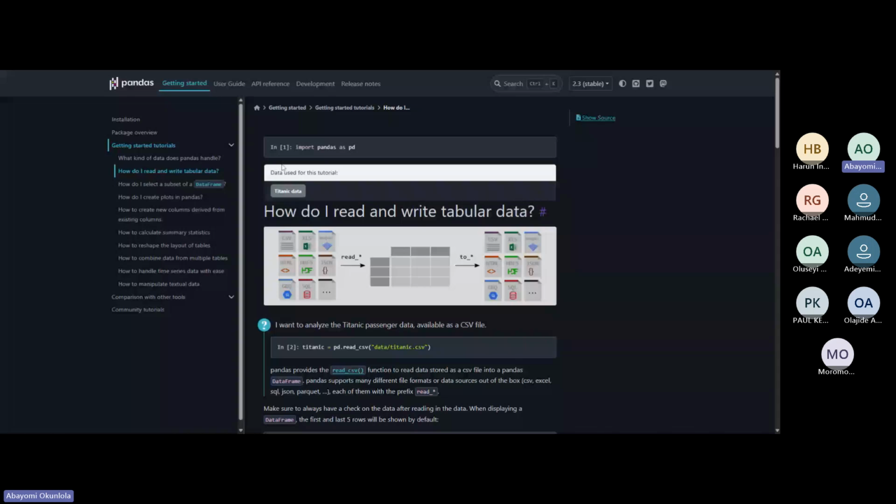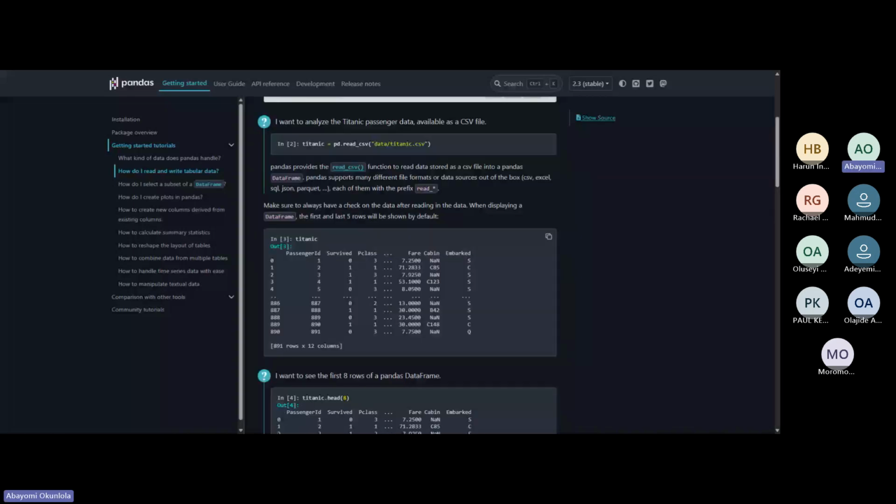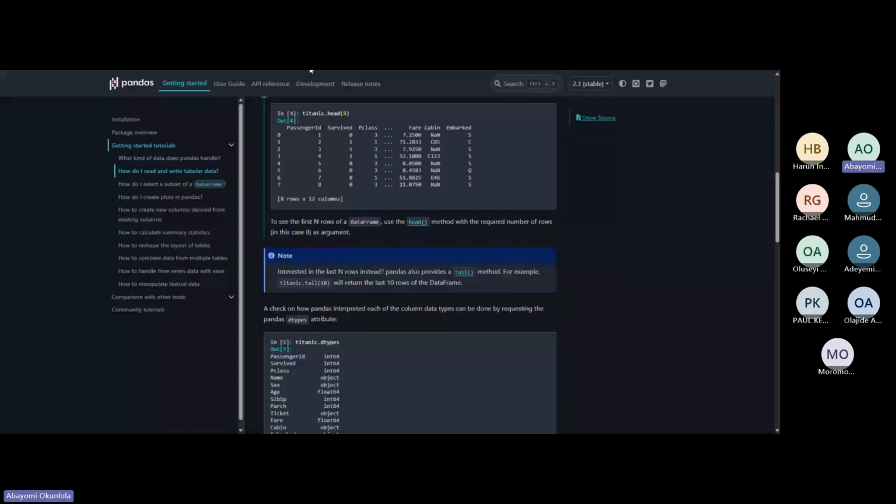Okay, so we've already imported pandas as pd. If you want to read a file, you call pandas dot read underscore, then the type of file you want to read. In the example below, they worked with the Titanic passenger data. They used pd.read_csv, opened the brackets, and added the file path. If it were Excel, you do pd.read_excel and then add the file path. We can always explore this later, so let's get back to our business here.